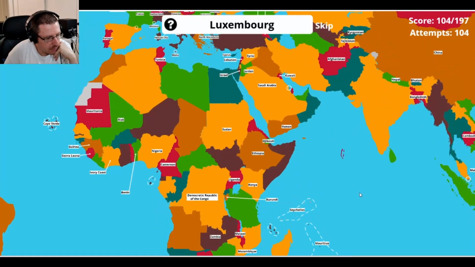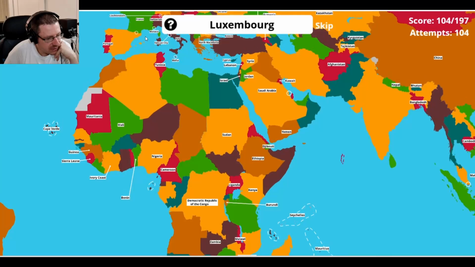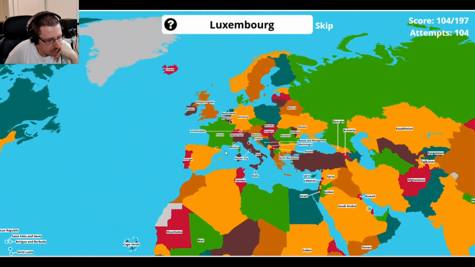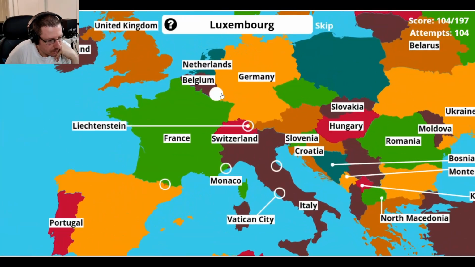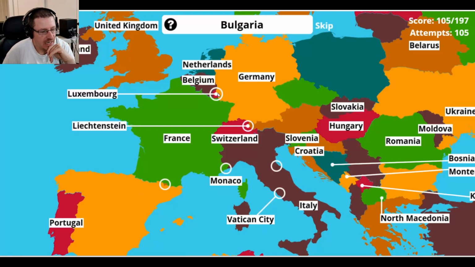Luxembourg. I wouldn't mind visiting Luxembourg. Luxembourg is right up here. It's this little chunk right here. Its capital is Luxembourg City. And they say that Luxembourg City is one of the safest cities in the world. I think the last murder happened in 1997 there. I think. But it's known as one of the...